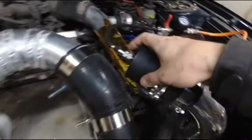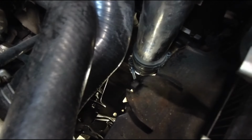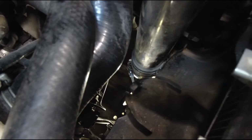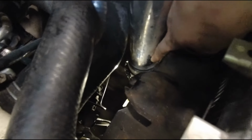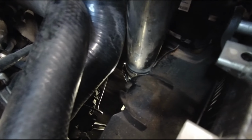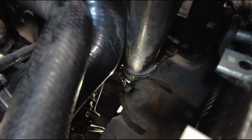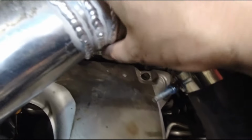I'm pressure testing the system and I found a leak. If I move this pipe, you can... So the leak is from this silicone coupler's edge. If I bend this pipe even a little, it starts to leak. In the rest of the piping,